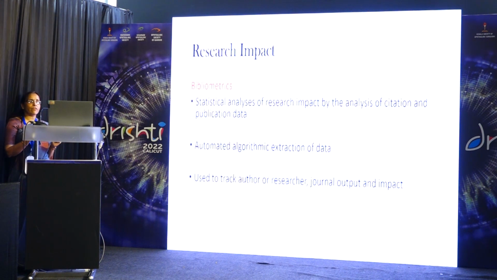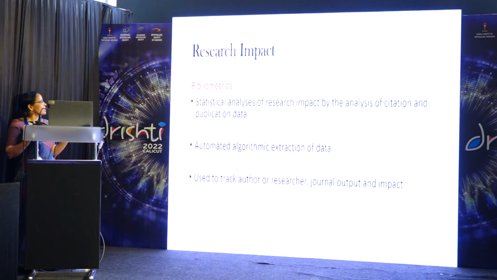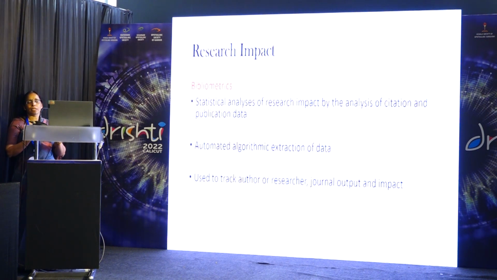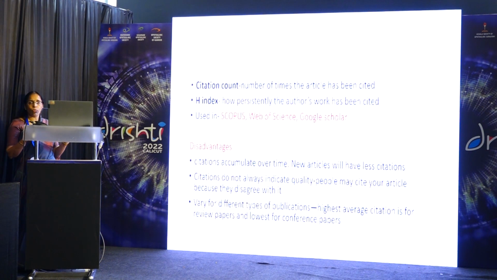Now coming to impact factor, what is impact factor? It is measured by 2 methods, bibliometrics and altmetrics. Bibliometrics is a statistical analysis. We know that a citation index is an electronic database. Through that you can analyze the statistics of how many citations have been received by an article. So it's basically automated algorithmic data, and you can trace the citations, count the citations, and have an H index which traces how much the author has been cited.